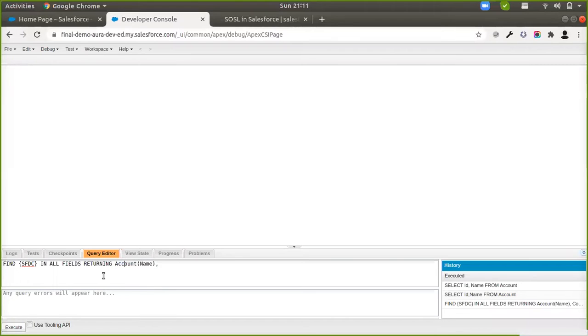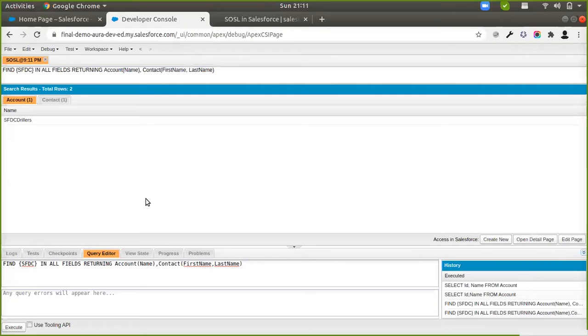Oh, I think I spelled account wrong. Contact, first name, and the last name. Now I can run this query. As you see, it found two records. It found one account record and it found one contact record. So this way you are able to search for all the records which have SFDC in their names.